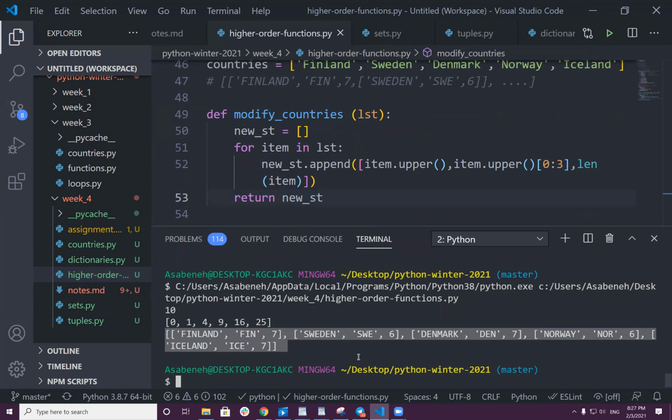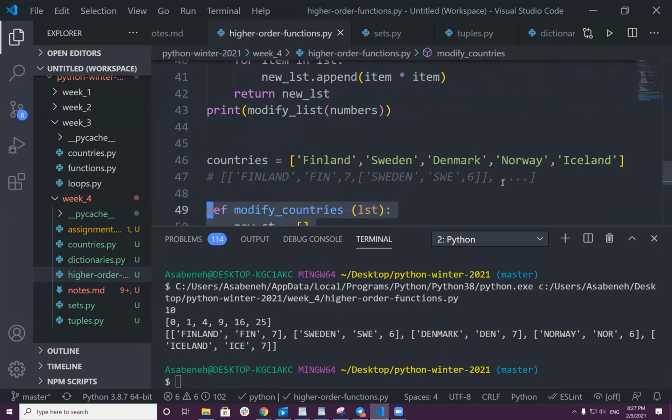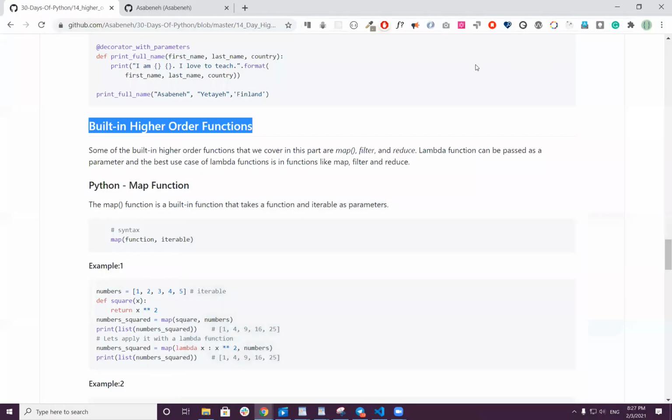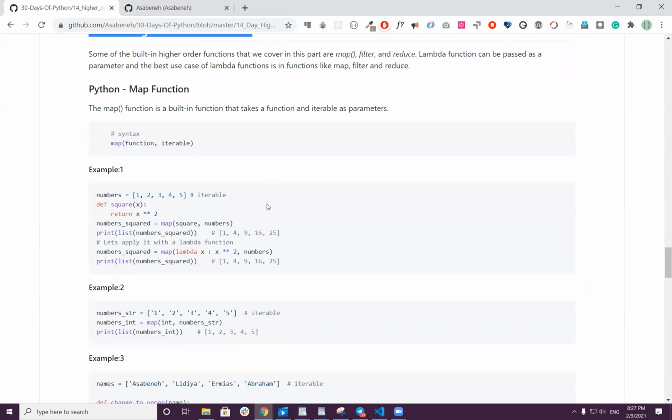Did we get the desired output? Is it the output we were looking for? Yes. Great. Now what you learned actually is list of lists. Now you've been writing your own custom function. Actually, there is a map. Map will allow you to do this out of the box without writing your own thing. So let me show you, for instance,